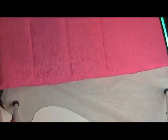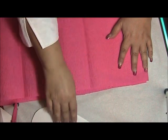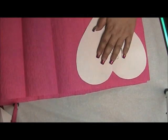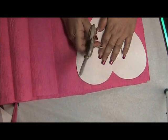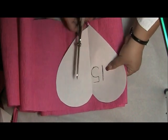Alright, I'm going to just leave it like this. I folded it double, and then I folded it in half, and then I folded it in half again. So what I like to do personally is, so here I'll be getting 4 petals at a time. Don't go crazy about what you're gonna measure or anything. Just